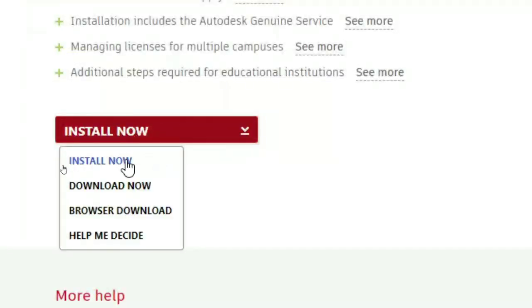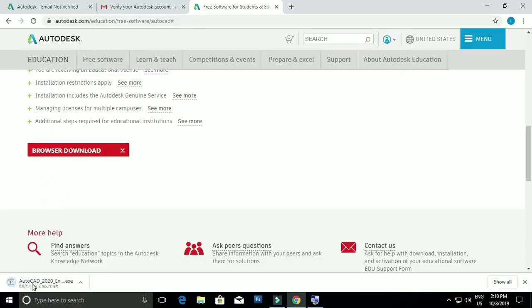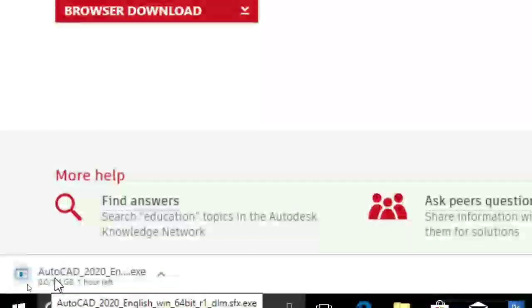Now 4 options are visible to you: install now, download now, browser download. I will suggest you to click on browser download because you can install whenever you want, like you are in offline or online mode. Now click on browser download, and now you can see that the AutoCAD file is downloading.